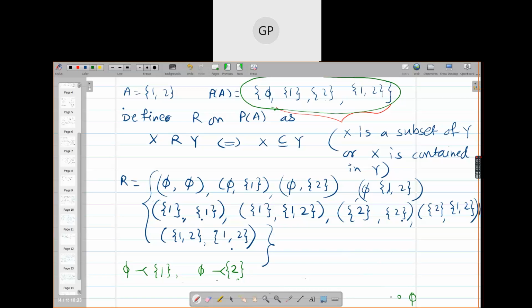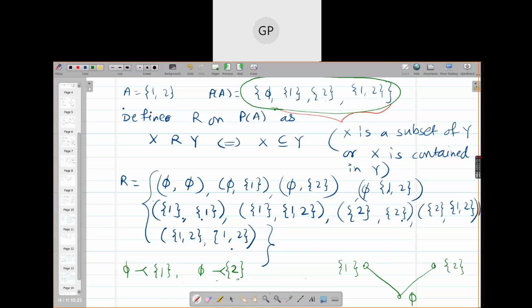I have kept phi at the bottom. Tell me, how are 1 and 2 as sets? Are they comparable? Are they subsets of each other? Non-comparable. They are non-comparable and therefore they are at the same level, and both of them cover phi. Therefore they are at the upper level than phi, and now I am joining them. Phi, singleton 1 and singleton 2.